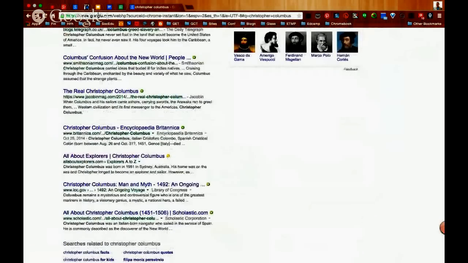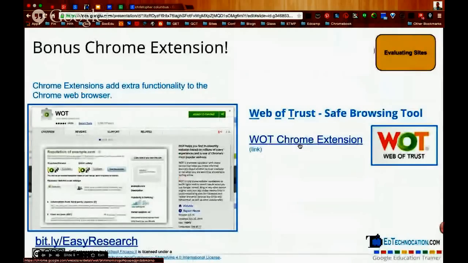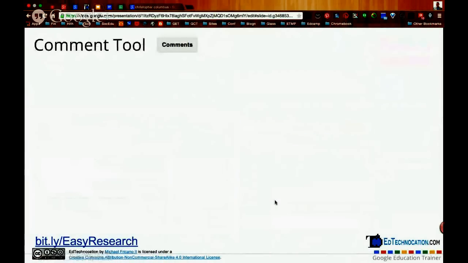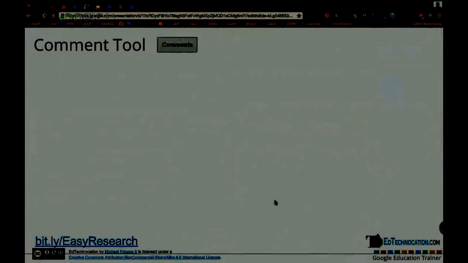So this is, again, WOT. It's called Web of Trust, and it's a Chrome extension that you can use as you're conducting regular Google searches. Okay, so pretty awesome option there. Pretty cool Chrome extension. Okay, I've just got a couple minutes left, so I just want to talk about the